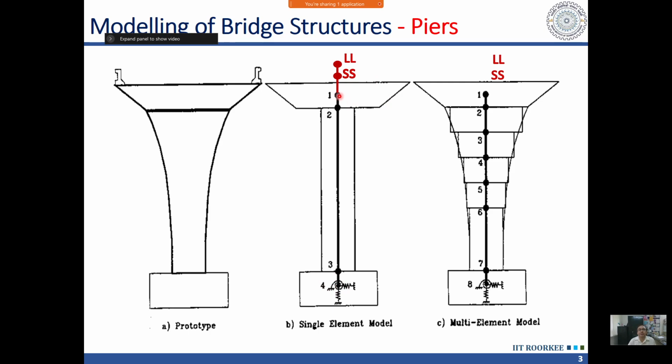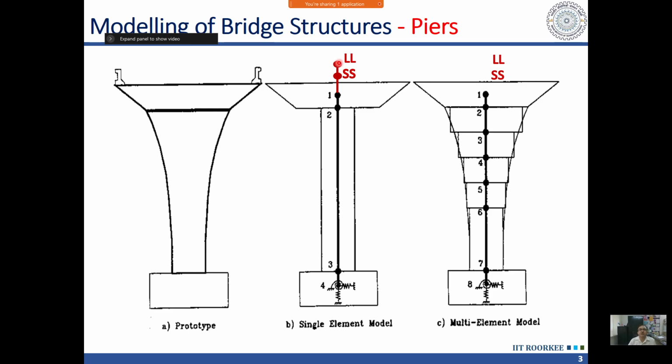Then at the top we see a rigid element which is starting from the middle of the pier cap, and then the first node here is representing the CG of the superstructure. So if we are considering this as the pier cap, then the superstructure will be at a height from the pier cap. So the mass of the superstructure will be acting at its CG, and up till that point we will connect it through a rigid element, and then the live load will be even at a higher level, and that will be connected by another rigid element.